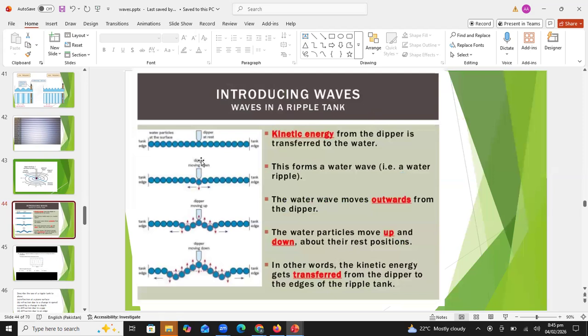All right, now you can see how the ripple tank is generating the water waves. These blue balls represent the surface water molecules, and this is the dipper. When the dipper moves down, the water molecules absorb energy and transfer the energy to the neighboring water molecules. Then when the dipper is moving upward, the water molecules also move upward and are still transferring energy to the neighboring particles. So similarly, beta, by moving the dipper up and down, the water molecules are also vibrating about their mean position and they are transferring energy to the